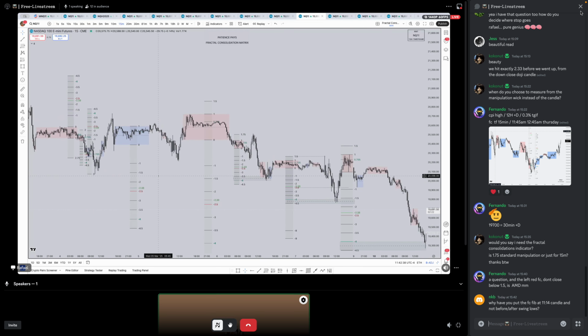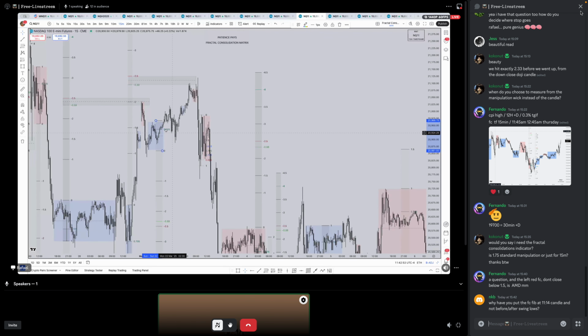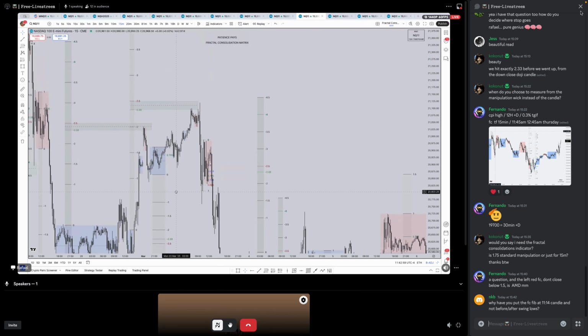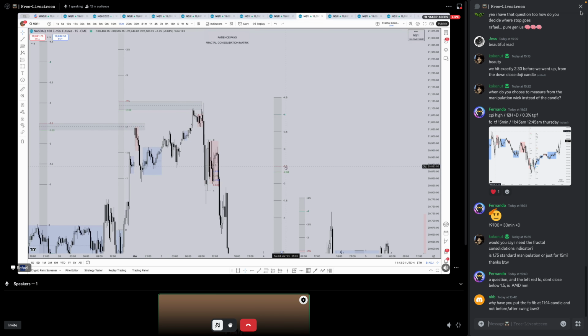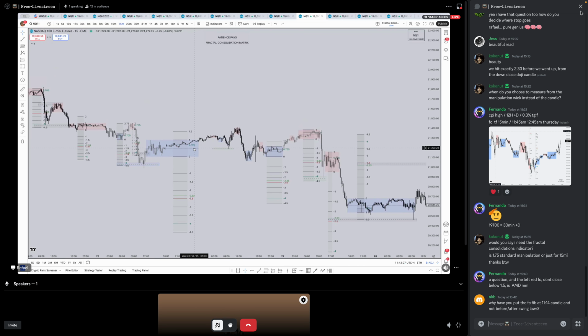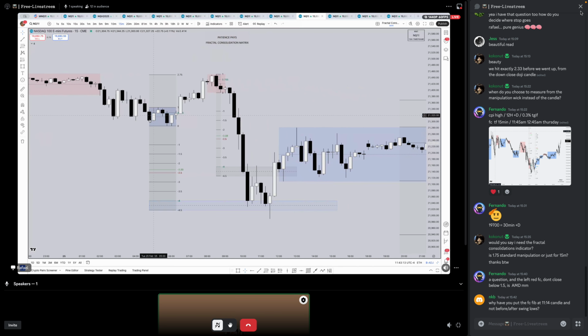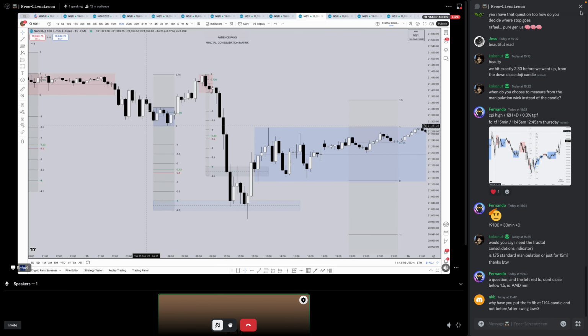Around here. Yeah, this day had this bullish fractal consolidation. And no, sorry, it wasn't this day. It was earlier. This day, sorry. This day we have this bullish fractal consolidation, but I projected the deviation to the downside,